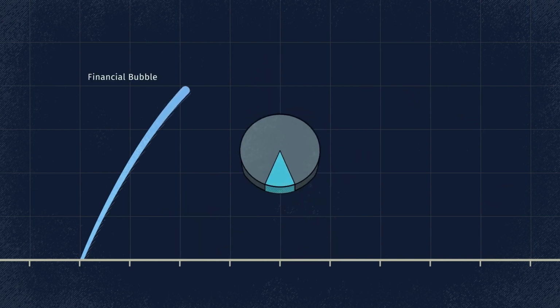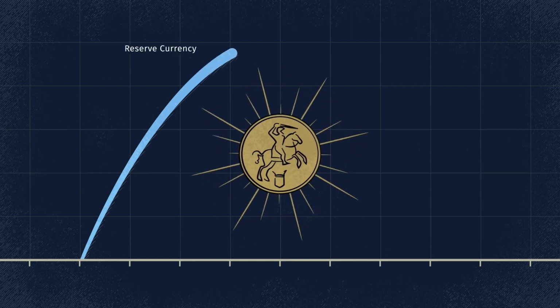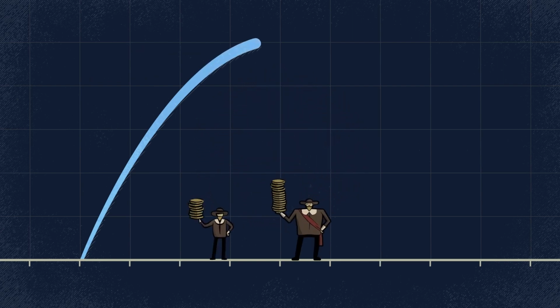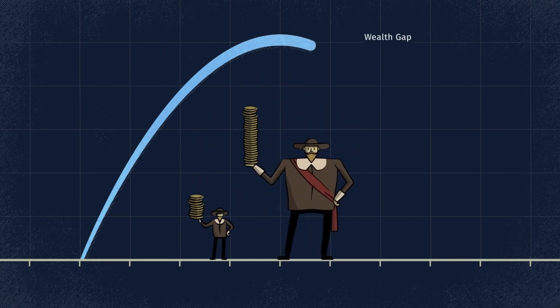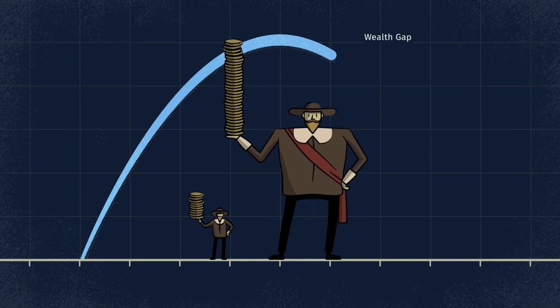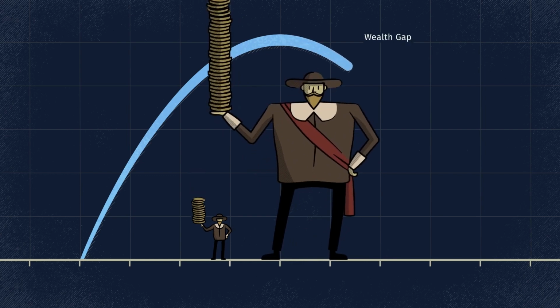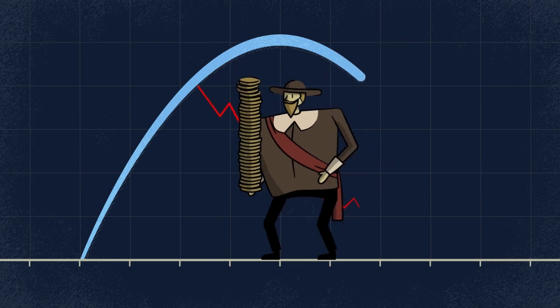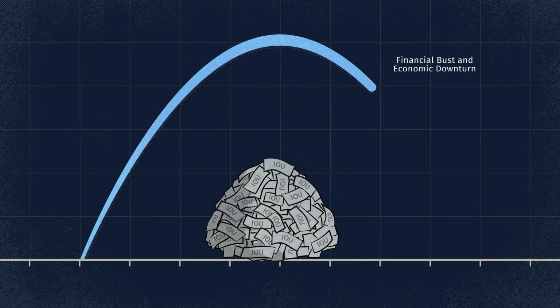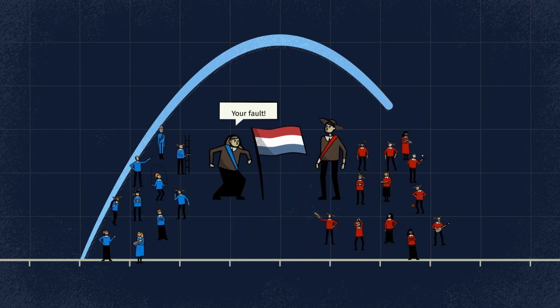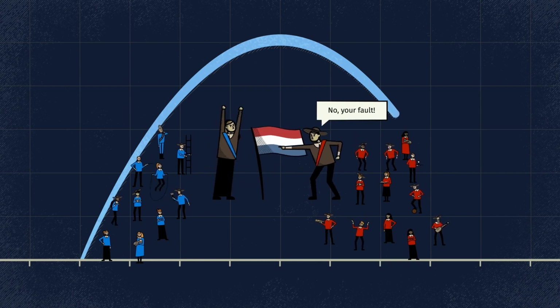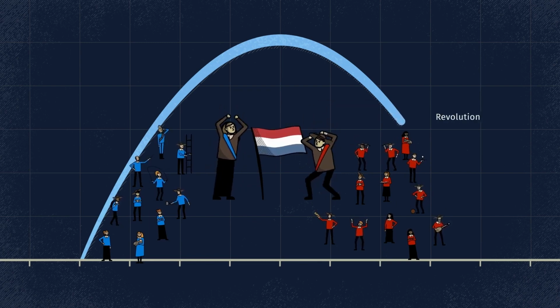The empire's share of trade grows, and when most transactions are conducted in its currency, it becomes a reserve currency, which leads to even more borrowing. At the same time, this increased prosperity distributes wealth unevenly, so the wealth gap typically grows between the rich haves and the poor have-nots. Eventually, the financial bubble bursts, which leads to the printing of money and increased internal conflict between the rich and the poor, which leads to some form of revolution to redistribute wealth.